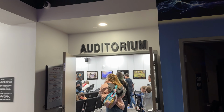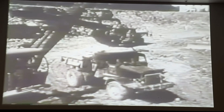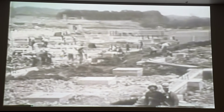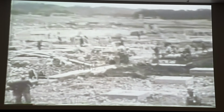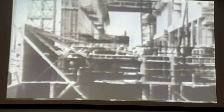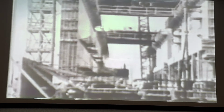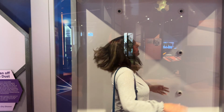We're actually headed back into the auditorium to watch a movie on the Manhattan Project. Here at Oak Ridge, the largest manufacturing plant ever conceived begins to rise. It must produce 100 pounds of uranium-235. An unbelievable amount of manpower and material is diverted to Oak Ridge. It's a dry shower. So when you're working at the plant,